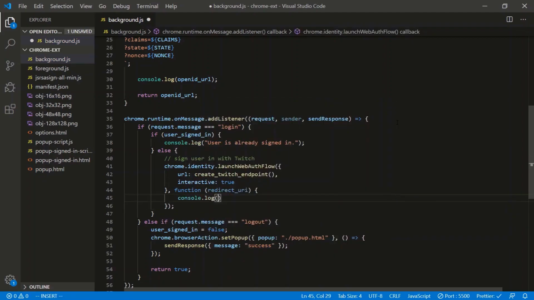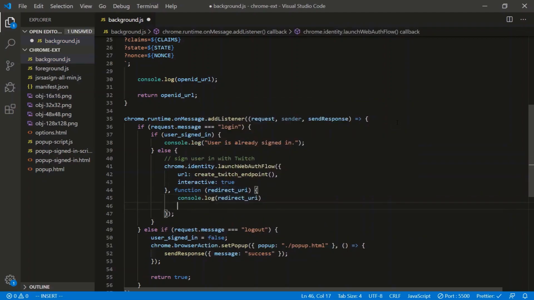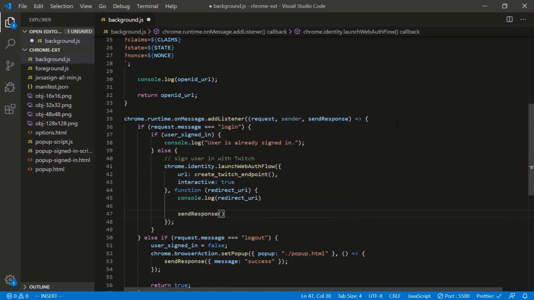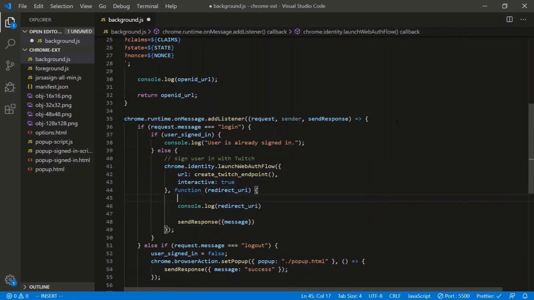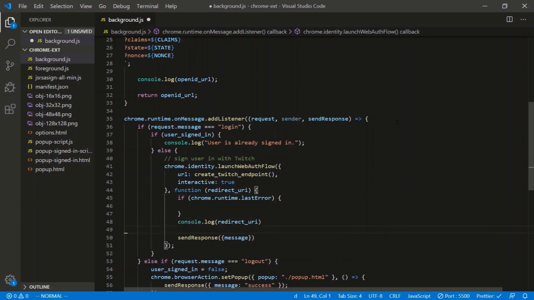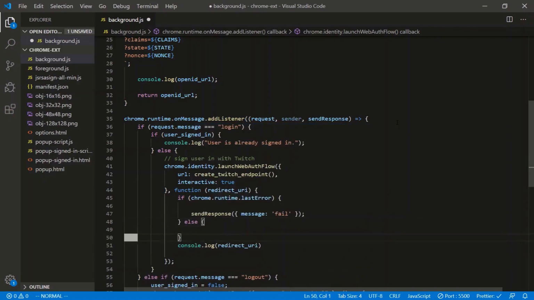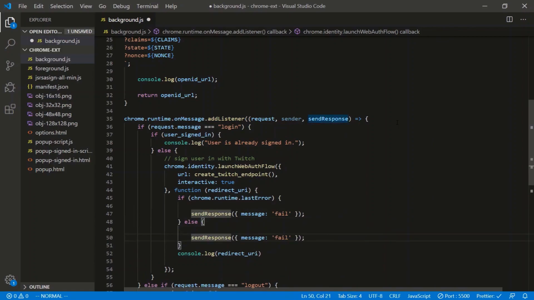So console.log redirect URI. Let me send a response to the original sender of this request. We'll say message. Actually, let's do this. If there's an error in this API, Chrome will throw an error. So we're just doing if chrome.runtime.lastError, like that. We'll send a response of fail. Should be fail. There we go. If not, we'll do a response of success. Else, copy, paste,